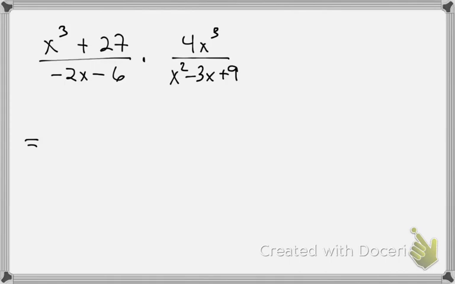Factor everything. And that first numerator is a sum of cubes. Who's playing the role of A? X. Who's playing the role of B? 3, because that's 3 cubed. So how does that work? You guys tell me. X cubed plus 27 factors into